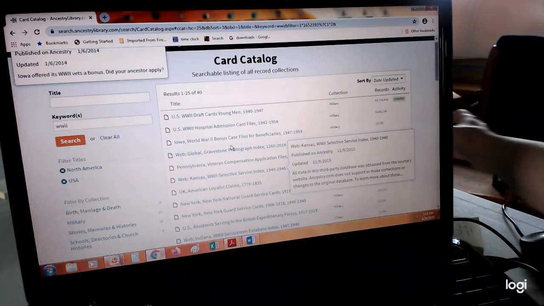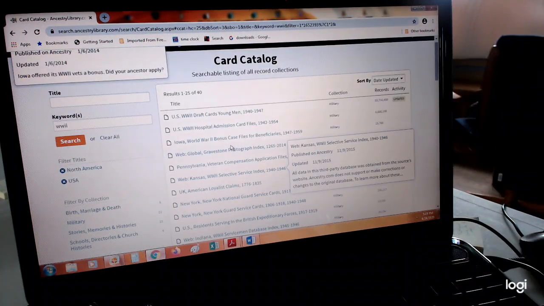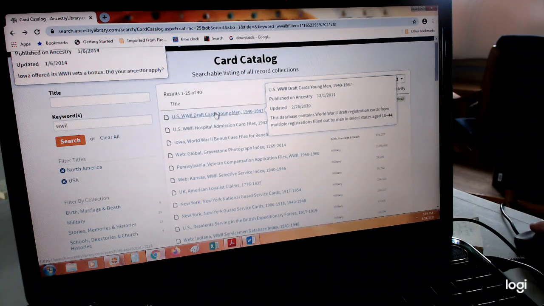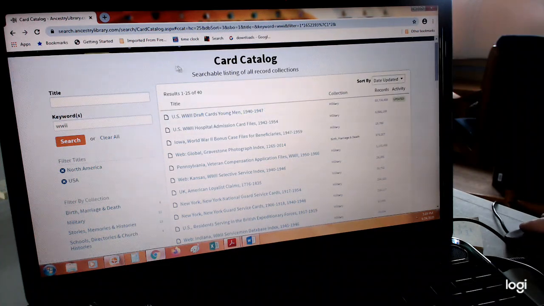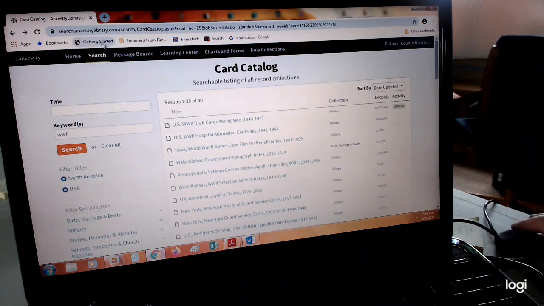So it lists here that there are 40 different types of records that can be found. You can click on one and enter your information if you're looking for something extremely specific, but otherwise I normally go to the search and just use that.